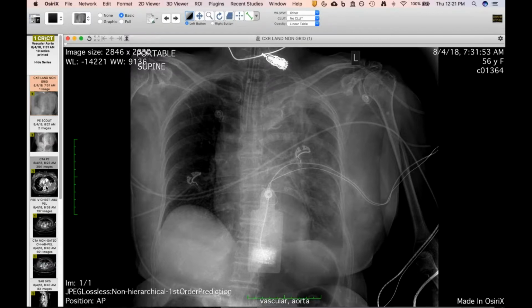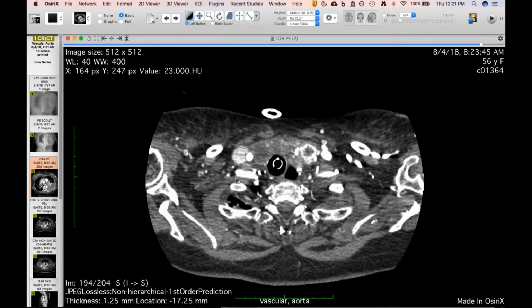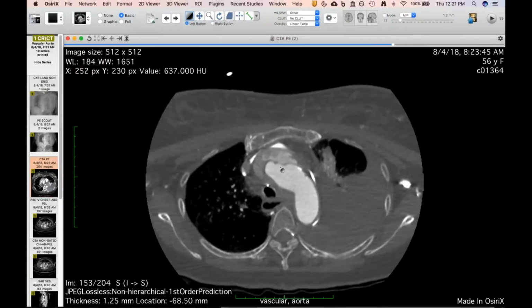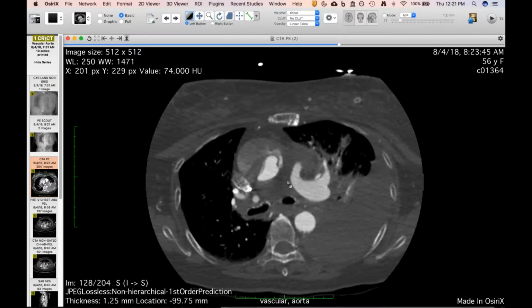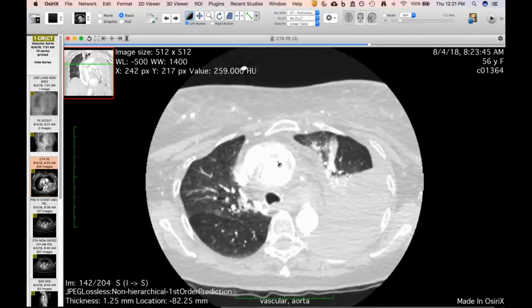Now this is one where the way that this was handled on the scanner, they actually did this as a PE study. And you'll see, of course, this is no surprise going to be an aortic pathology. And you can see that she has a type A dissection, a large ascending aneurysm. And you can see the fenestration here with contrast filling this false lumen, and then mediastinal hematoma, hemothorax